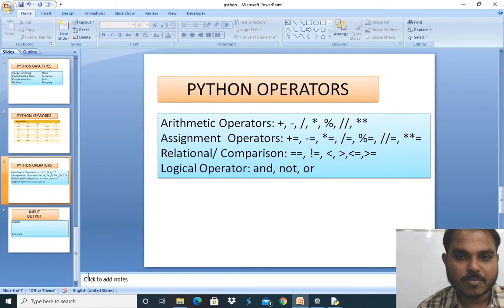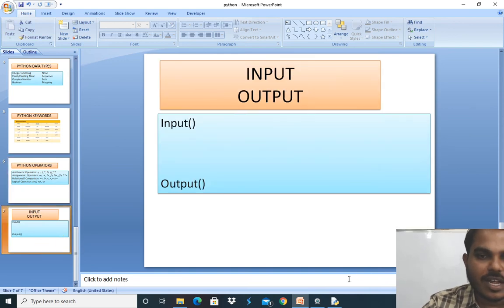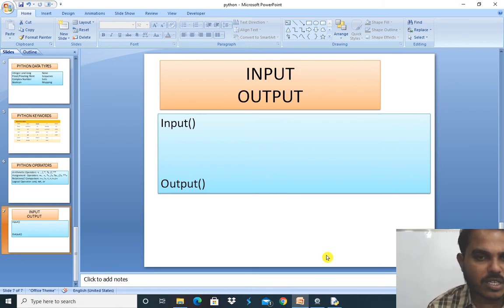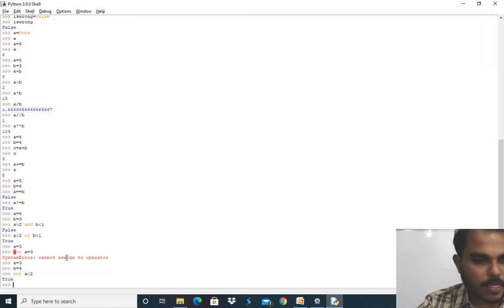Reverse. Okay, so the last topic is input and output, right? Input and output are two functions, and how we use them is very important. Input is nothing but giving input values.